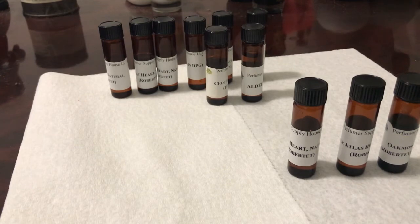And it's used in a lot of synthetic ouds. It really smells like oud. And I have regular Cypriol essential oil, and this is much cleaner and sharper than the regular Cypriol essential oil that I have. So this Cypriol Heart by Robert Tet